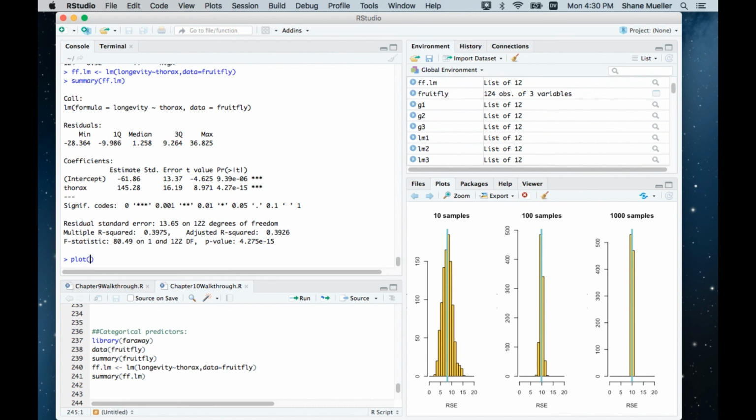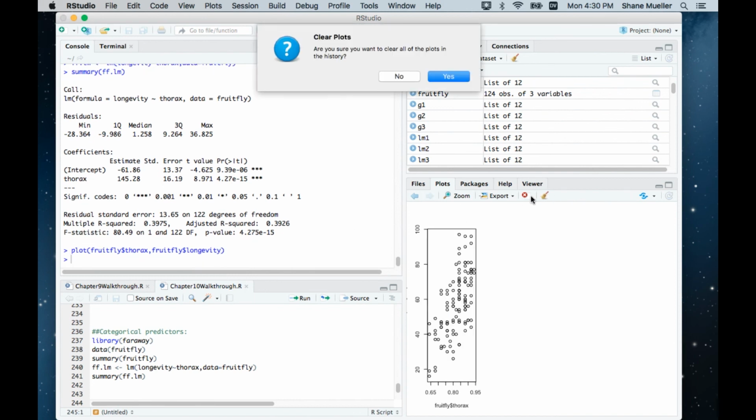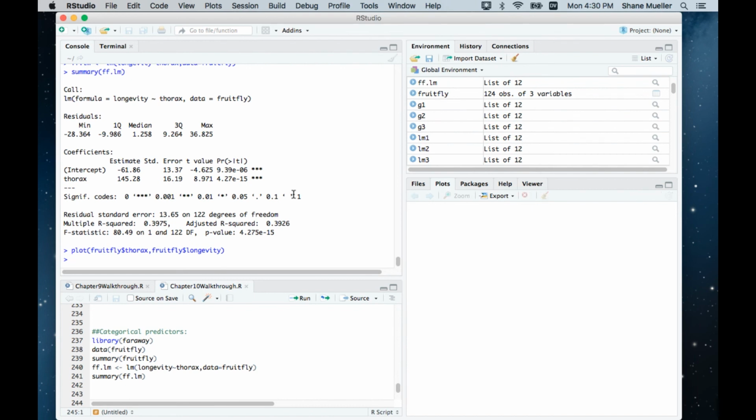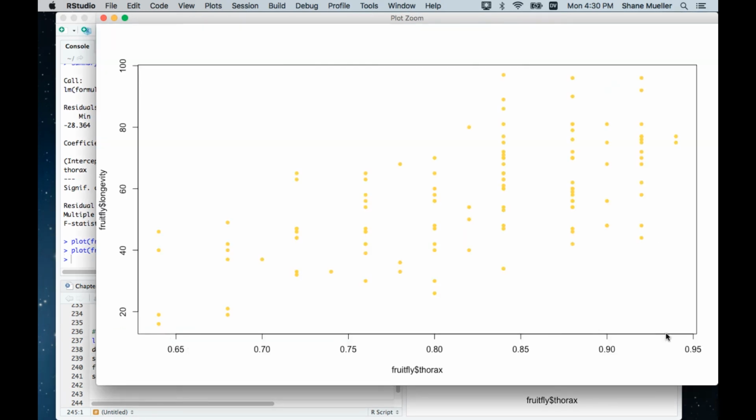I could plot fruit fly thorax, fruit fly longevity, and let me try that again. I'll clear this. PCH 16, color equal gold. I'll zoom in, and you can see that this thorax size only ranges from 0.65 to 0.95, and so the